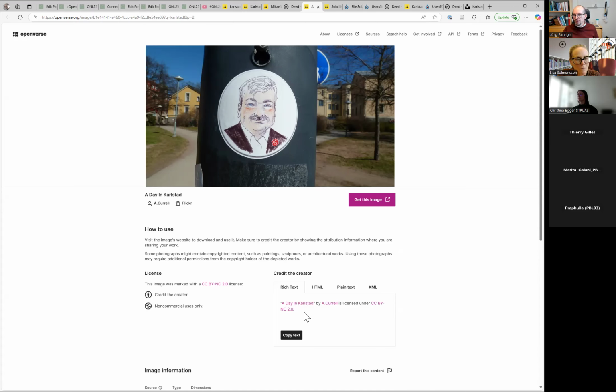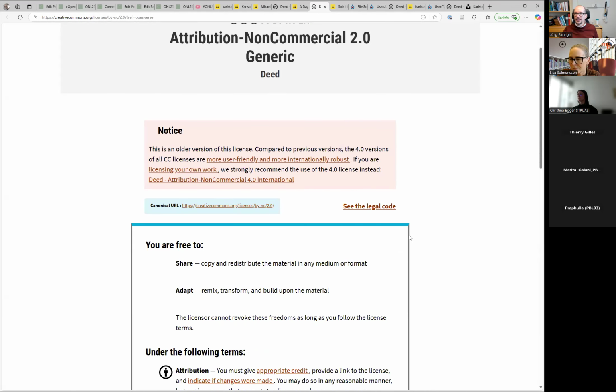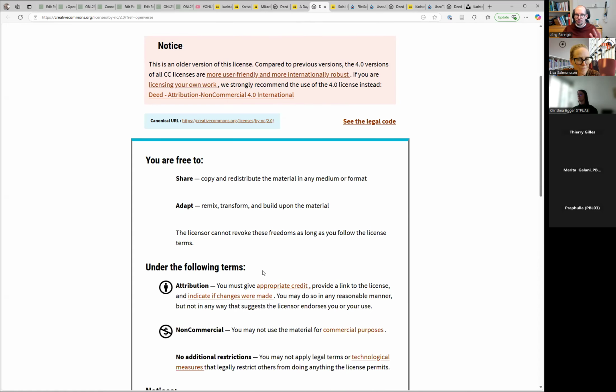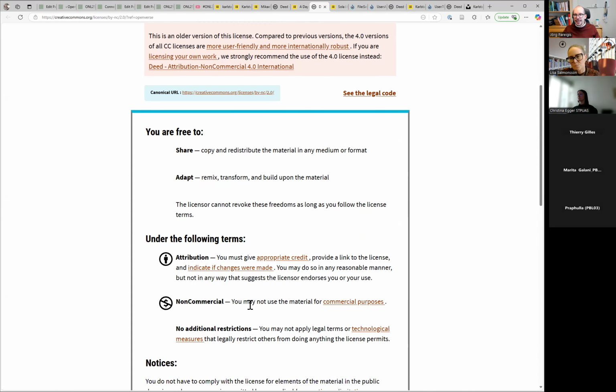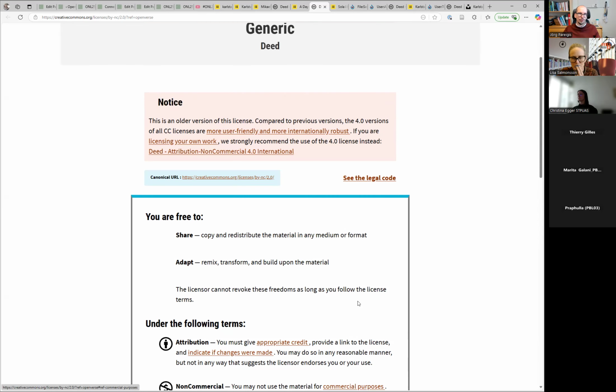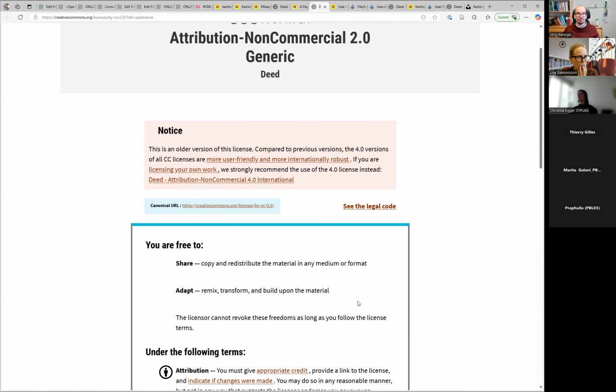So we can go to the license deed. I can share and adapt anything again, transform it. I don't even have to publish it with a Creative Commons license in this case, but I cannot use it for commercial purposes. With the other licenses, I could. Mikael's picture I can sell.